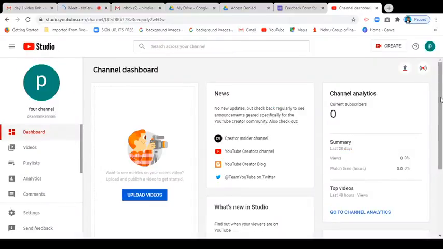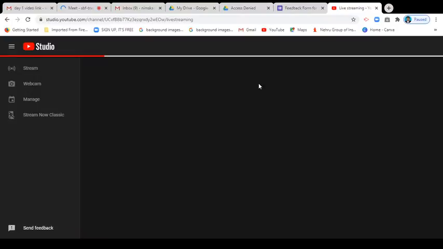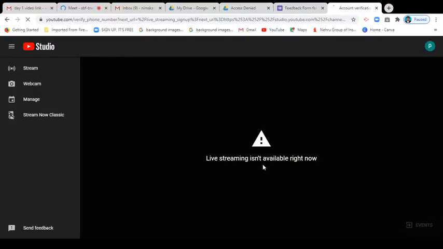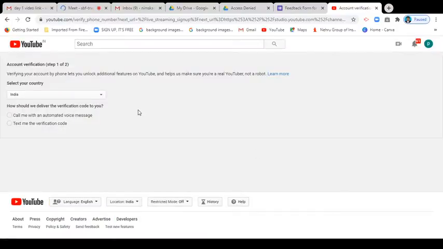Now you see your channel is created, but it is not activated. See these two buttons here. This is the upload button, to upload videos, and this is for live streaming. If you click this go live stream, it automatically says we need 24 hours to activate your channel; live streaming is not available right now. Automatically it comes for your account verification.